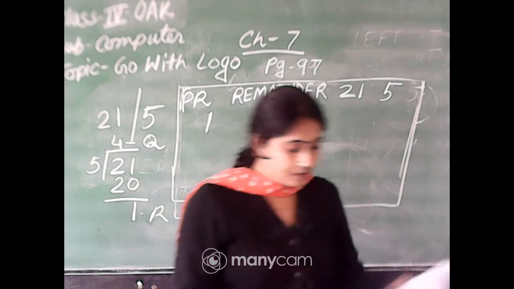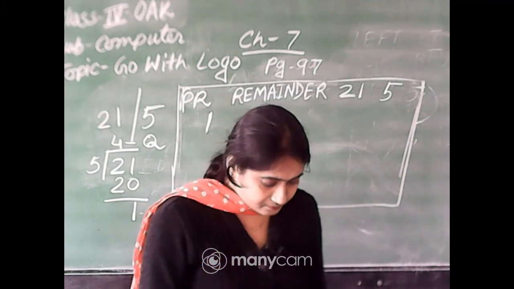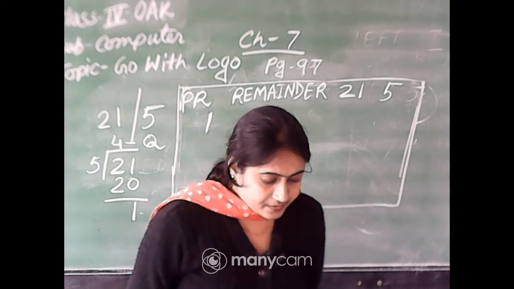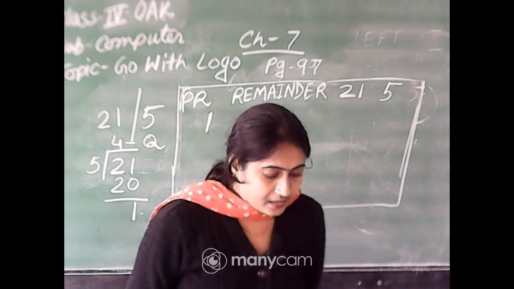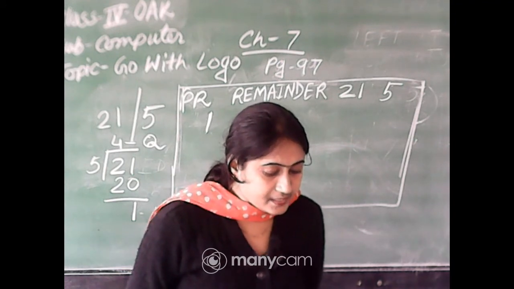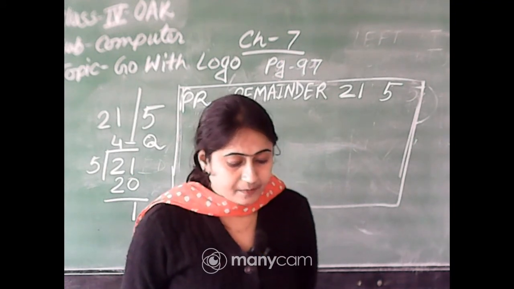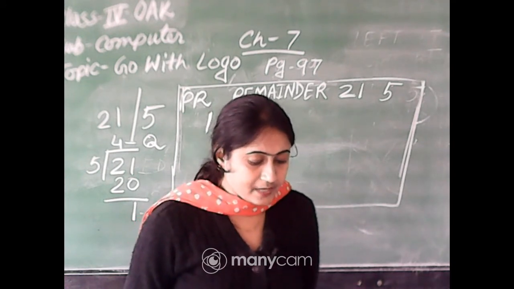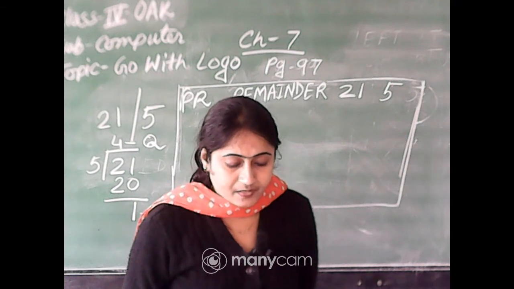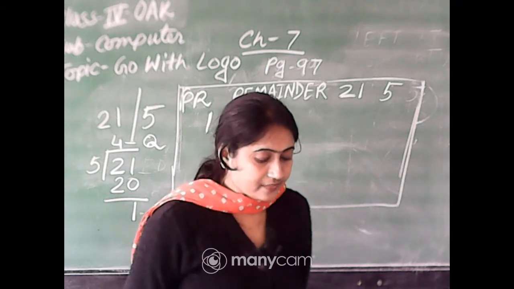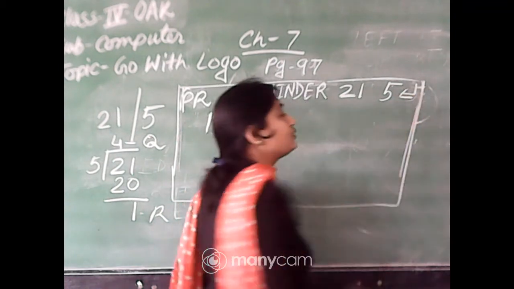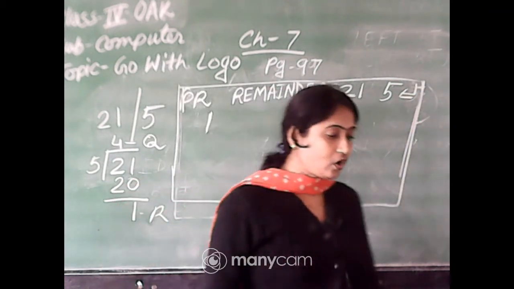Okay. Now, in your book, print with logo operator, another one is, we can see over here, remainder: it divides the first number by the second number and displays only the remainder on the screen. To do this, type print remainder, follow with the two numbers with a space between, and then press the enter key. Obviously, you have to press the enter key after writing a command, we all know.